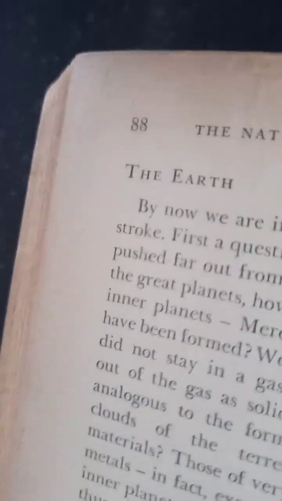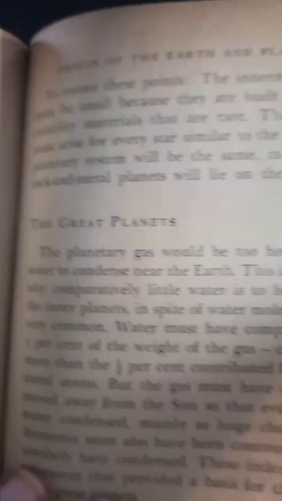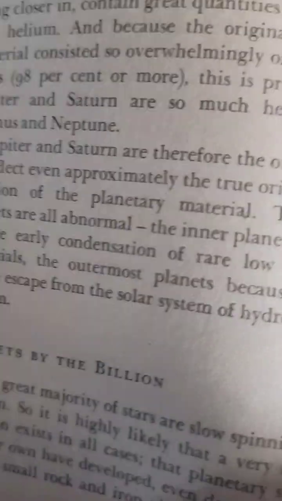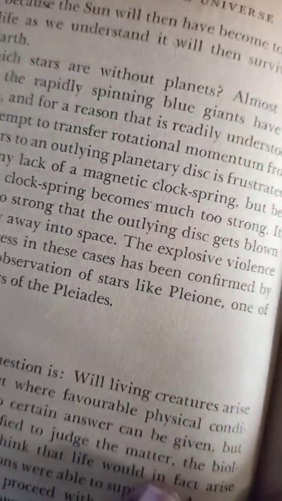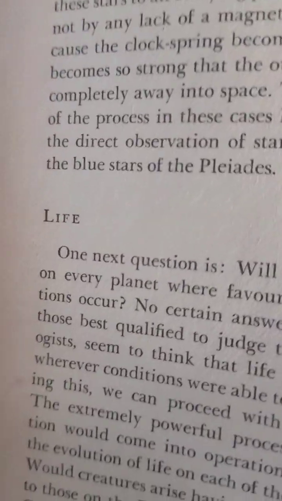And as we go on turning, it talks about the earth, the great planets. And as I'm turning the pages, it is written in essay form, planets by the billion. Not one single mathematical equation is there in the book, although the author has a mathematical background. It is a life. And then you come over here, chapter number 6, the expanding